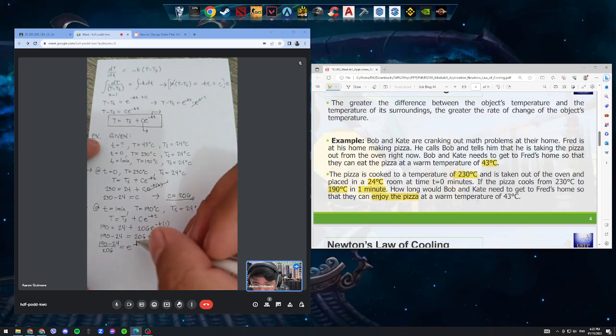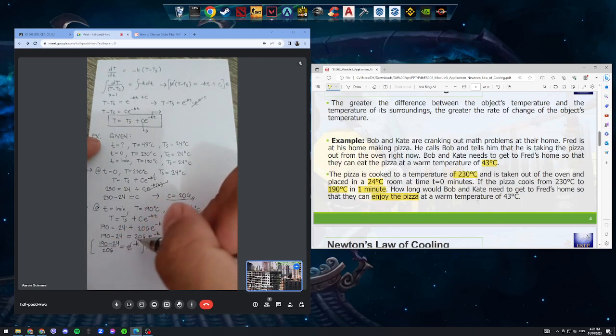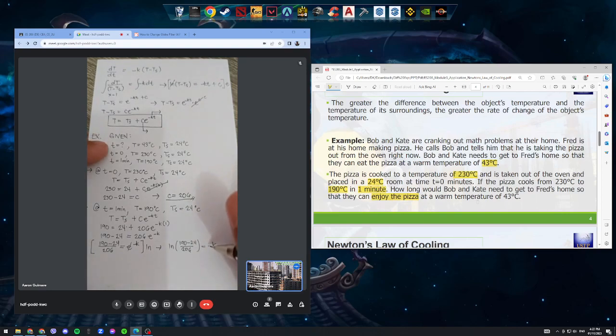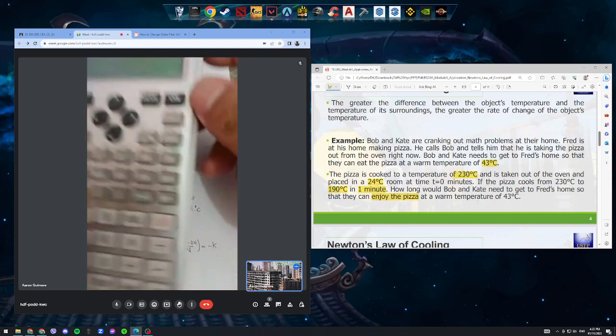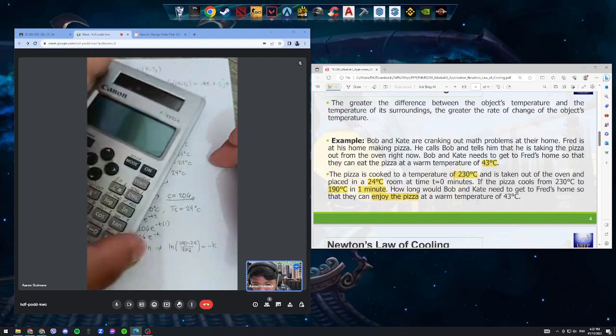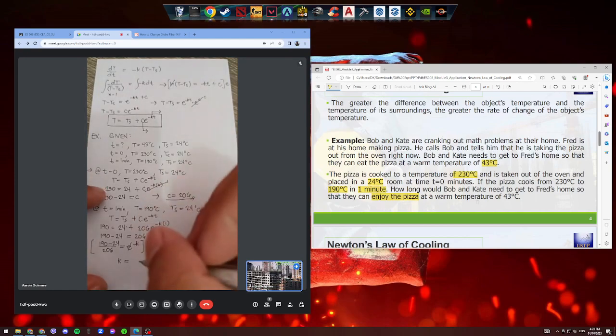We can use shift solve, but if we want to get K without it, because sometimes our calculator could lag while processing, we can simplify this. By taking the natural logarithm of the whole equation, we can cancel the exponential. Now we will be left with ln of (190 minus 24) over 206 equal to negative K. Input it in the calculator and we can get the value of K. I already solved this, but if you put it in the calculator, the value of your K will be